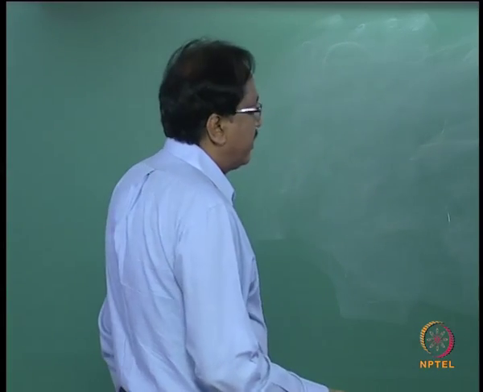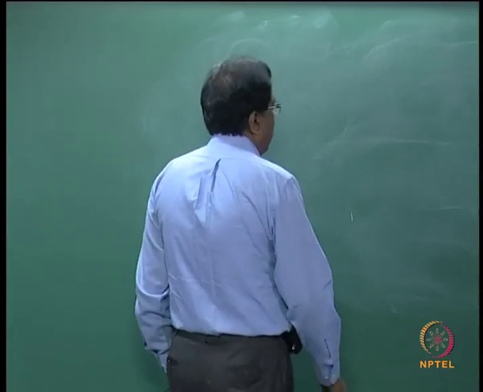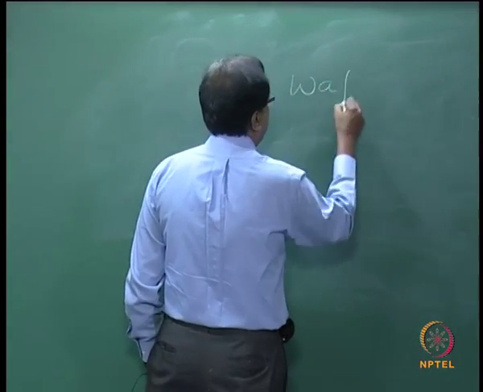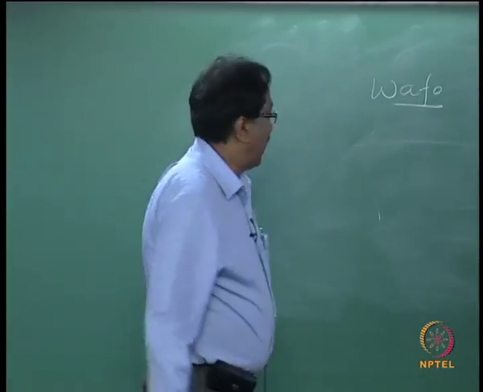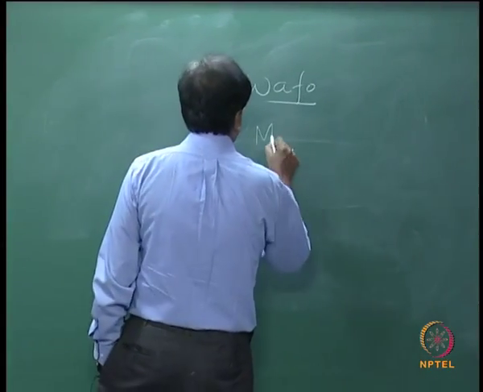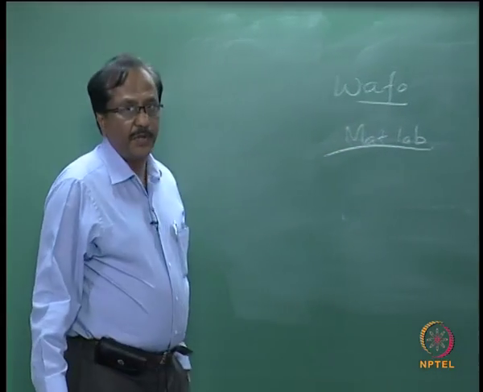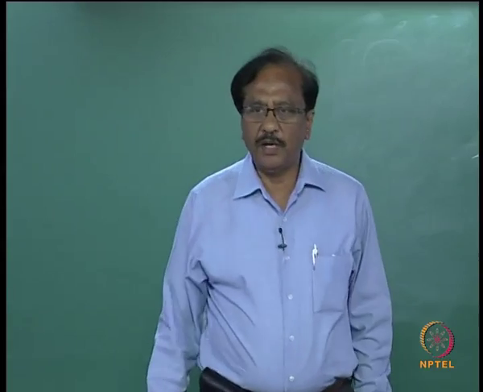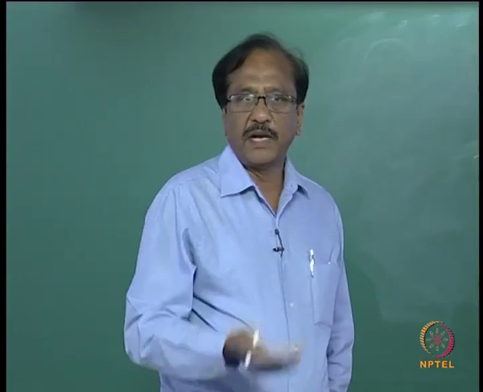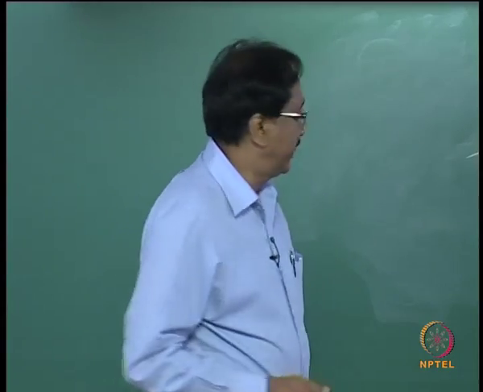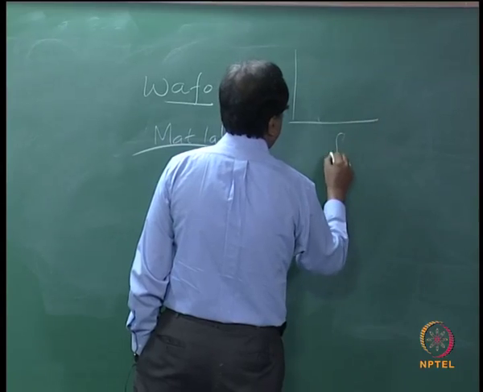So these days you have what is called WAFO under MATLAB, which gives you the distribution of energy in the frequency domain referred to as spectral density, and the shape of the curve as shown earlier,